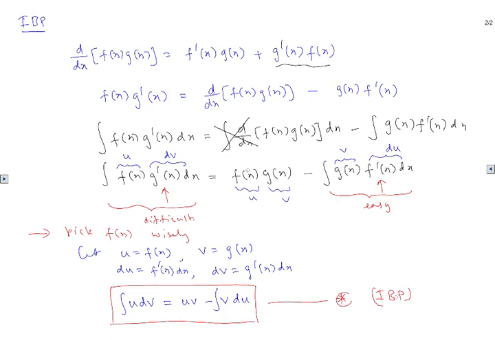So now the goal is to pick u properly, and then it's very easy to do the integrals. Because what we're trying to do is transform a difficult one into an easy one. You start with a difficult integral and transform it to an easy integral by properly selecting